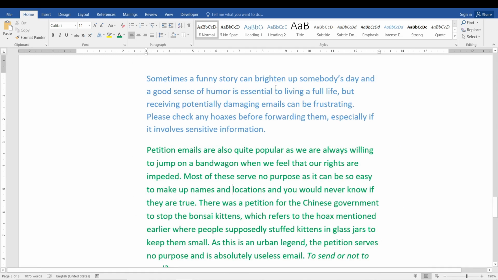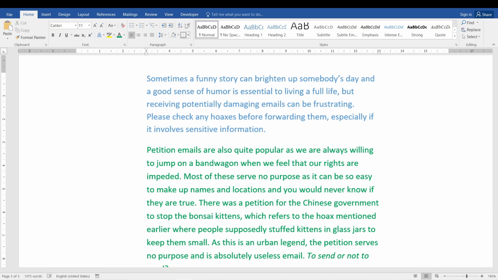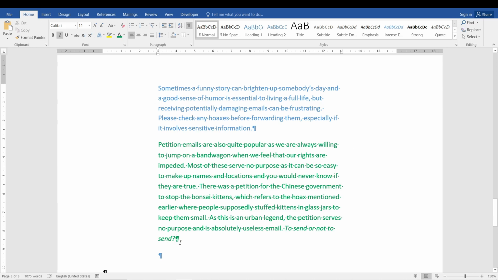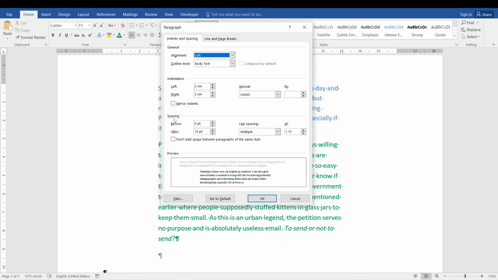So paragraph spacing, however, is the space between the I and the P, between the it and the petition. You can see the distance between the blue text and the green text. The spacing between them is a bit bigger than the spacing between the lines in each paragraph. So we have two concepts called paragraph spacing and line spacing. So the spacing group in the paragraph dialog box, what that does is, the before,